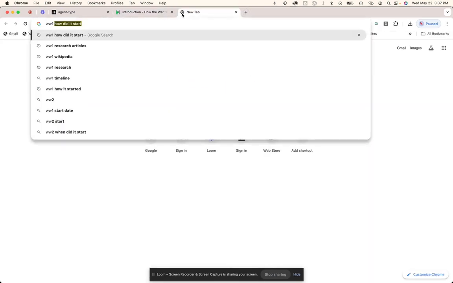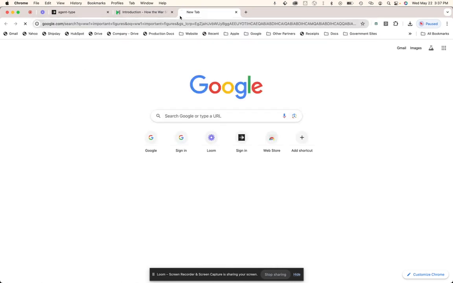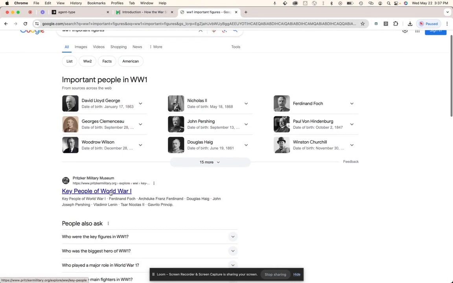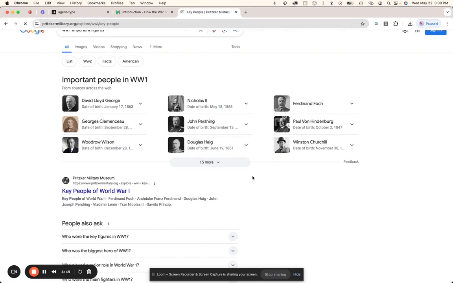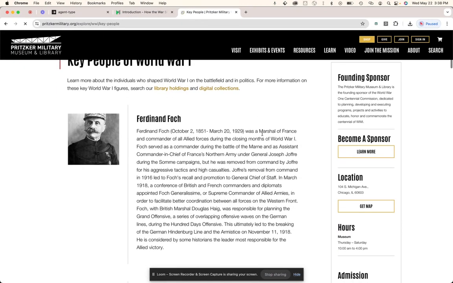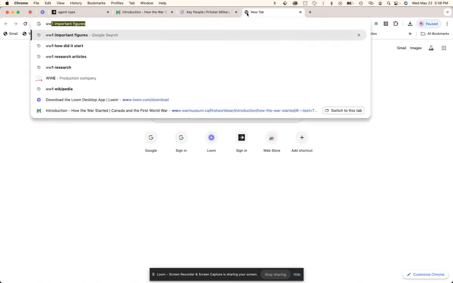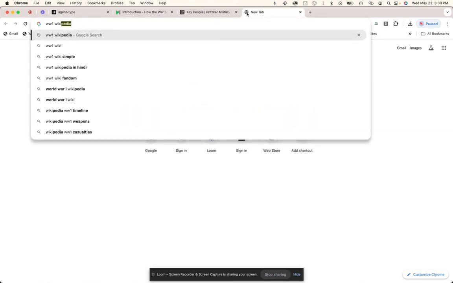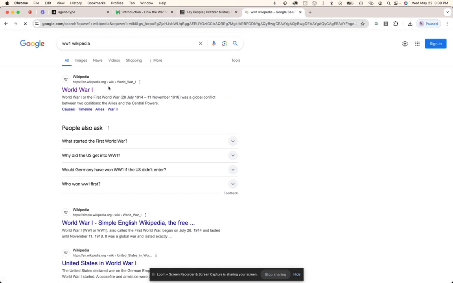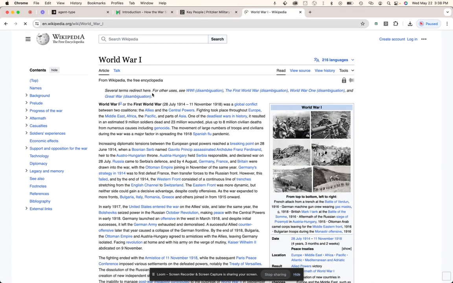Let's do World War One important figures. So now we're looking at this new article, and we're giving the LLM more and more context, and finally, let's go to World War One wiki. So once we get here, we can use all the context that we've accumulated, and with the student